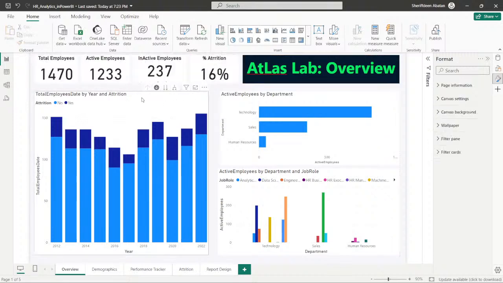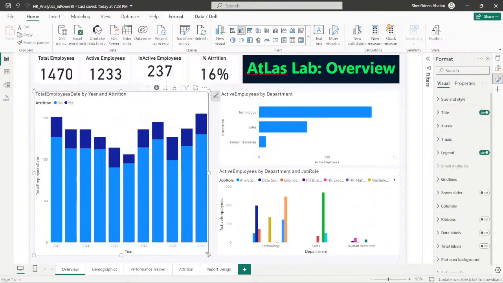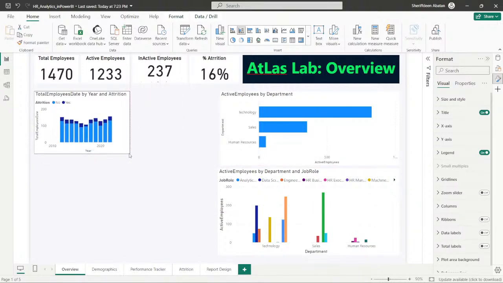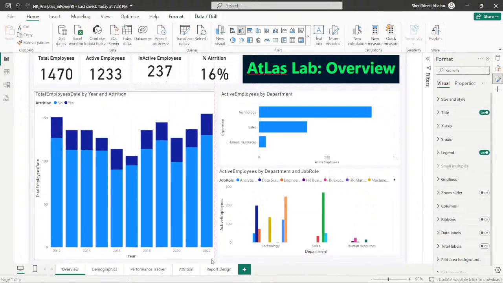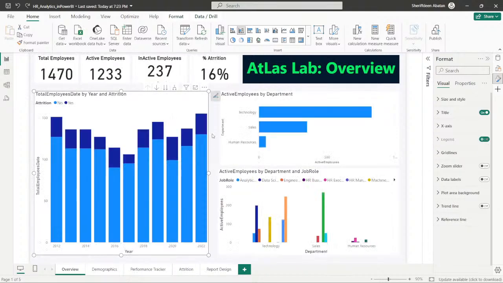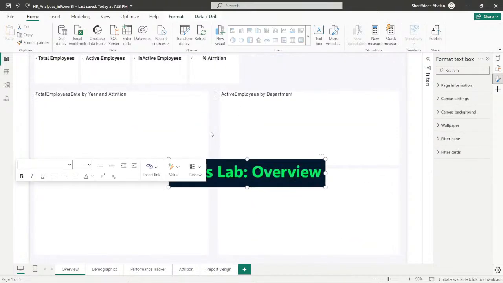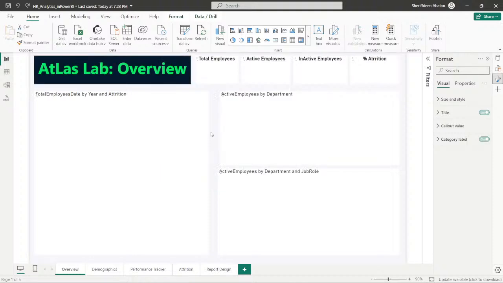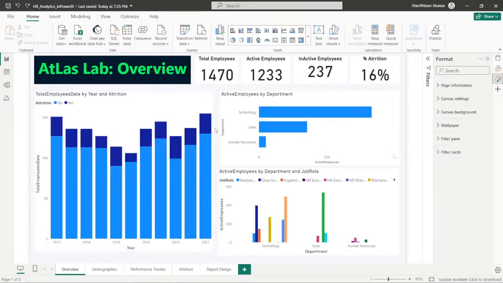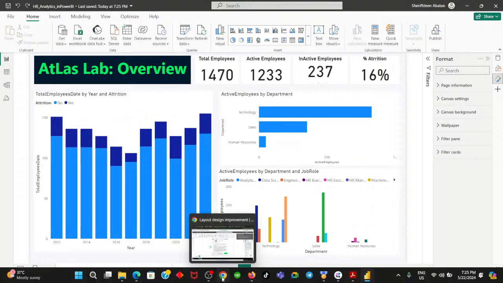So I'm supposed to make this actual visual to be 2 of this card visual, which is going to be actually smaller. So I prefer it to be this way. So I prefer it to be like this. So depend on the way you want to design, once you arrange